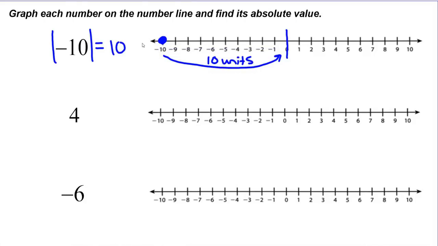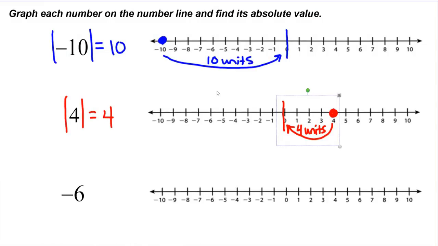Next one is 4. 4 is right here on our number line, and here is 0. So how far is 4 from 0? 4 is 4 units from 0. So we say the absolute value of 4